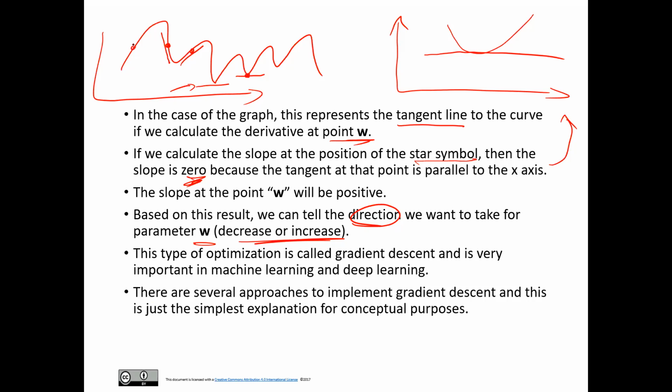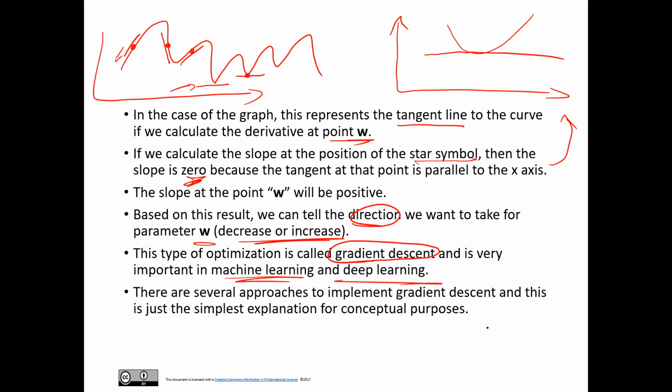If you get something like that, it's going to tell you the information that you need about the tangent and the direction that you should follow. So based on this result, we can tell the direction, a plus or minus. So now that operation gives us that. And this type of optimization is called the gradient descent algorithm, and is very important in machine learning and deep learning. In fact,